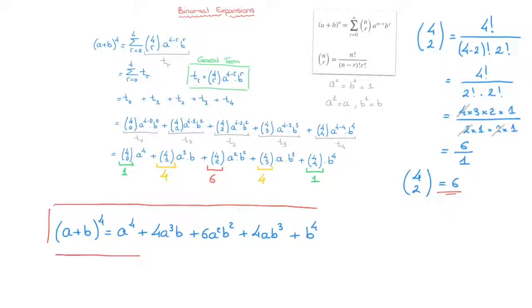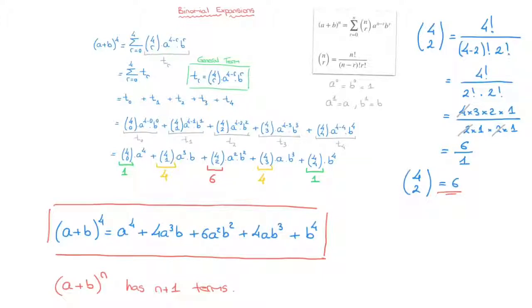We've just written all of the terms in the expansion of a plus b raised to the power of 4 using the binomial expansions formula. Notice here that this expansion has 1, 2, 3, 4, 5 terms, and we raised a plus b to the power of 4, which confirms what we mentioned at the end of our previous tutorial. Remember, any binomial a plus b raised to a power n, where n is an integer greater than or equal to 0, has n plus 1 terms in its expansion. And there we go. At this stage, we know how to write all the terms in the expansion of a plus b raised to the power of n.